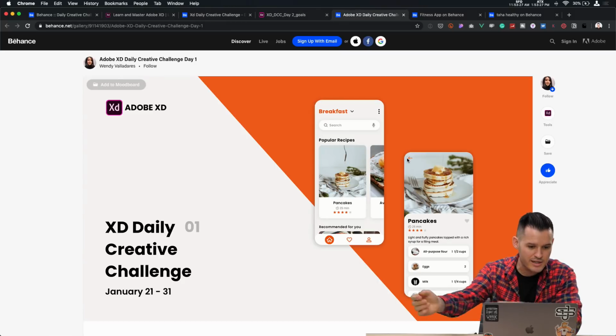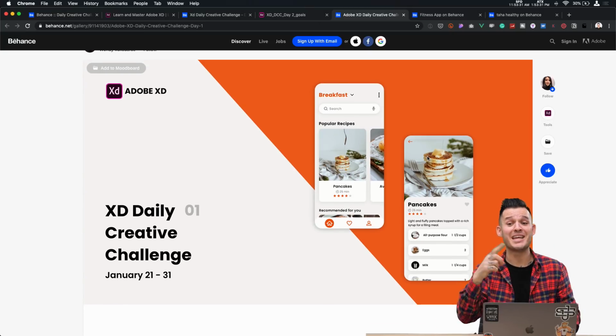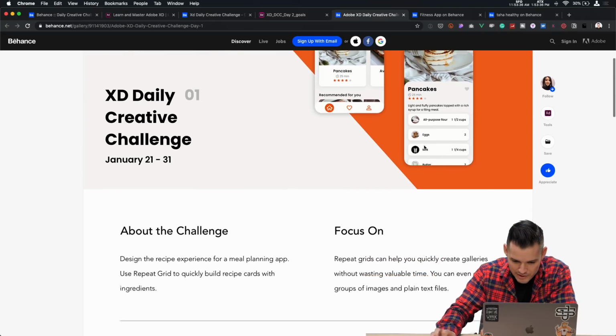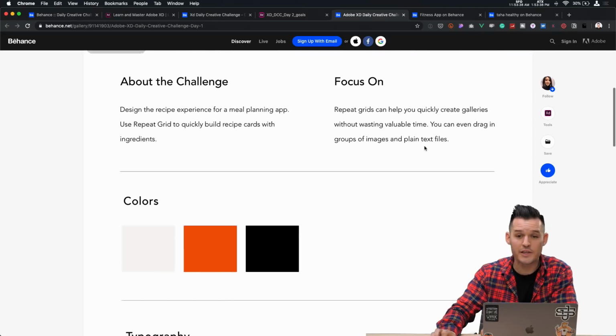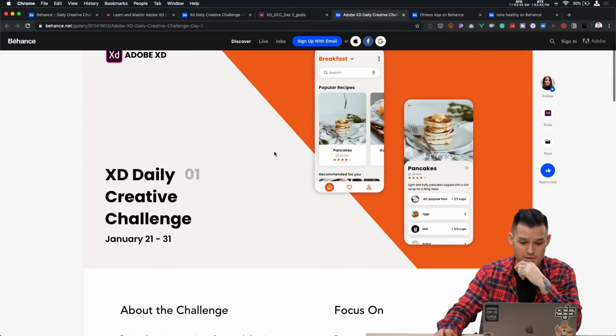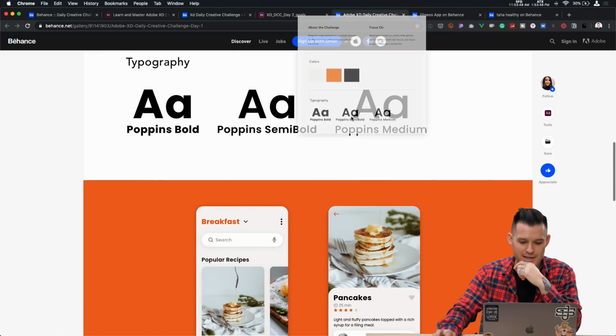This one is Wendy Valadares, and oh, look, here's that recipe app from day one coming back. This is looking really, really nice as well. Absolutely loving this. Can we just talk really quickly about Behance's ability to do case studies? Look at this little case study. Each of these are individual images that she popped in here. So she took the time and designed out this case study.